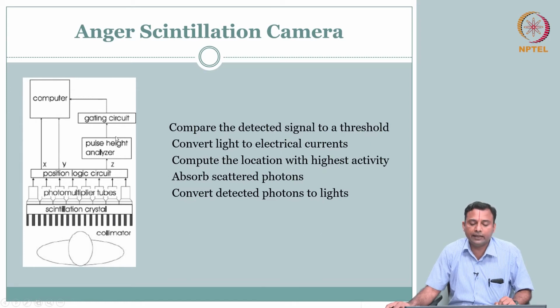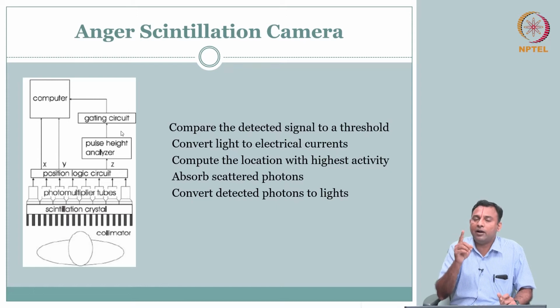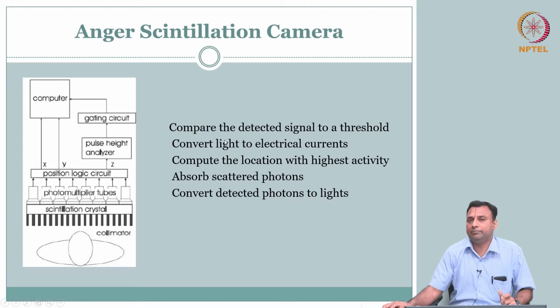So, you have this height analyzer. So, the idea is you have this detected signal to a threshold, whether we want to use that or not, because we have engineered the radio tracer. So, we are kind of looking at a gamma energy that we know that we have engineered that radio tracer, right. We showed the example of your technetium 99, you get only one energy. So, the idea is from the detected energy you need to know whether that is one that is because of the radio tracer that is coming through the interaction, or see you have this scintillation crystal.